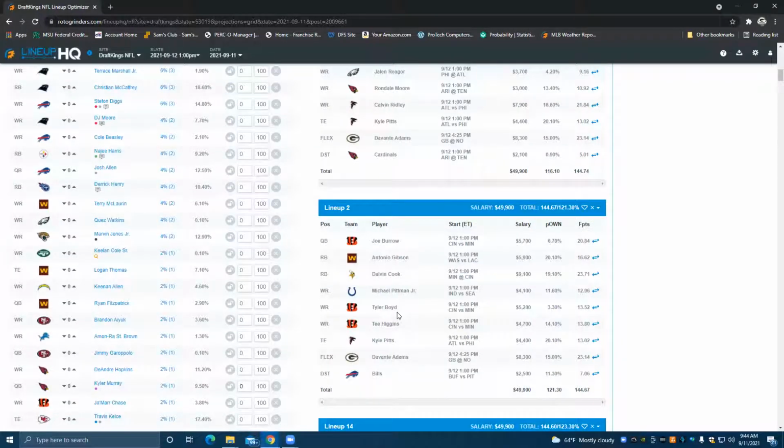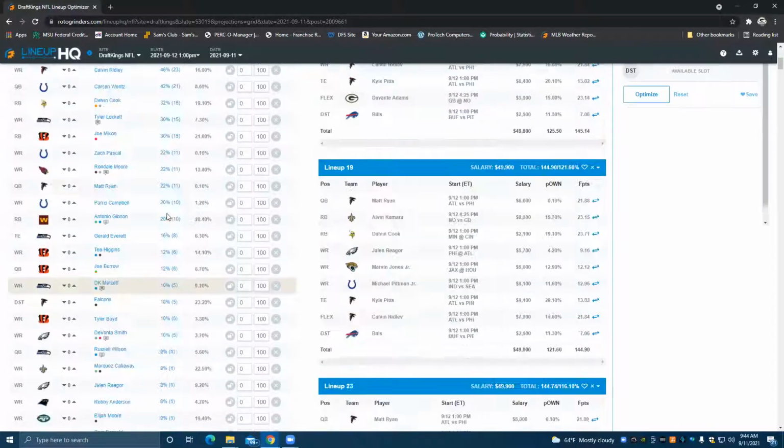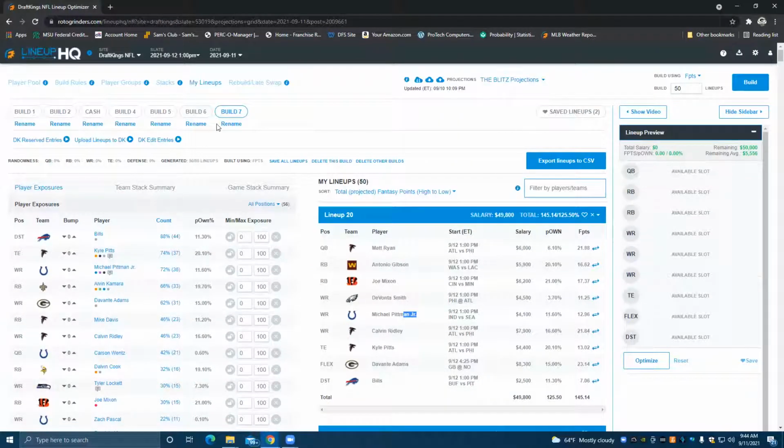We're getting a lot of Joe Burrow, Boyd, and Higgins in these builds. This is just a generic build, guys, where you can see that I'm taking the pool, the groups, and the stacks, and then I'm building and building. You see how we have all these builds? We could have 100 builds up here. I could click this build button 40 times, 100 times